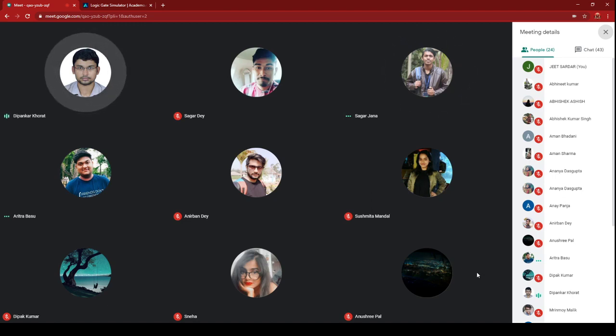Then you have to mention the IC pin diagram. The IC pin diagram that Anirban has already shown you, and how the actual gates are there within the IC. You have to copy and paste that from the internet. You will get the IC diagram from the internet. Just include that in your report.